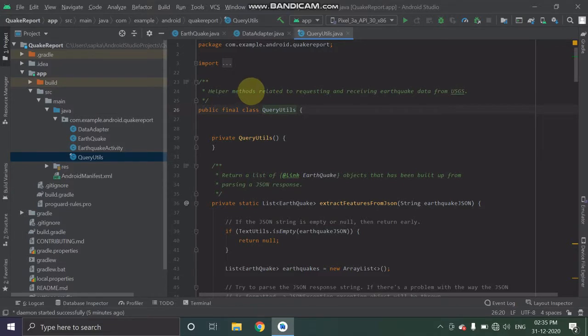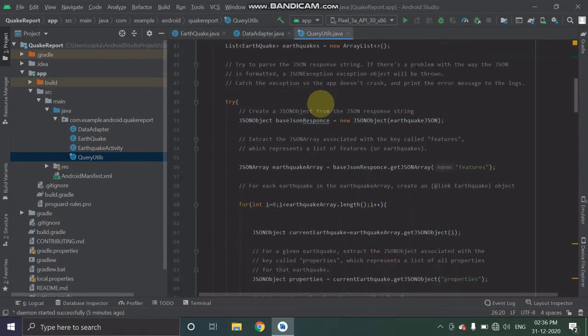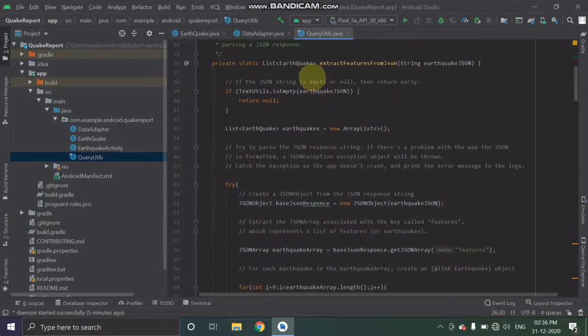Next class is queryutils.java. This class is mainly responsible for parsing all the JSON responses we are getting from the USGS Web API into our data type values. It means this class is used for JSON parsing. First method, extract features from JSON.